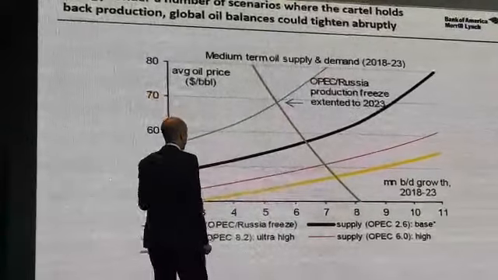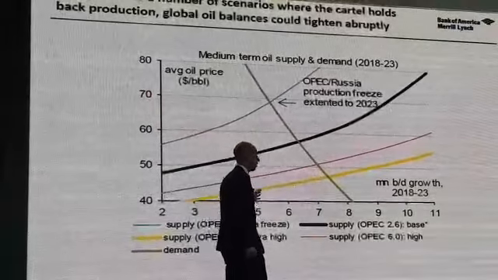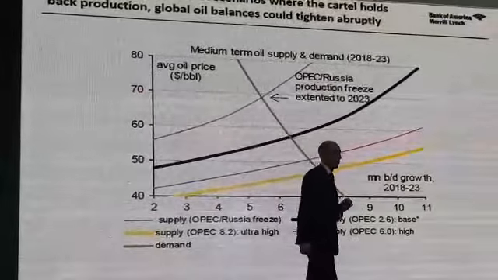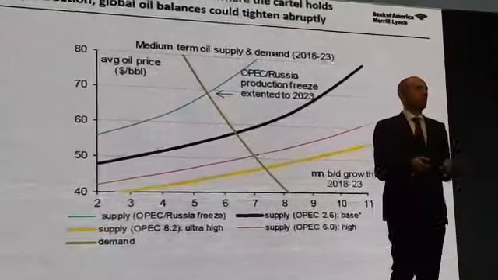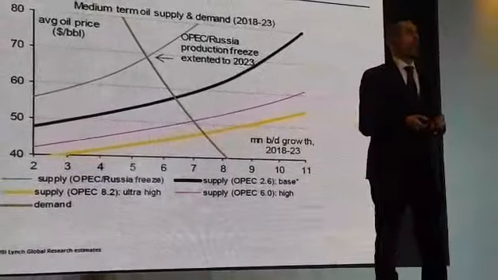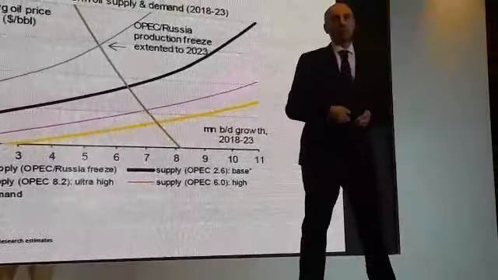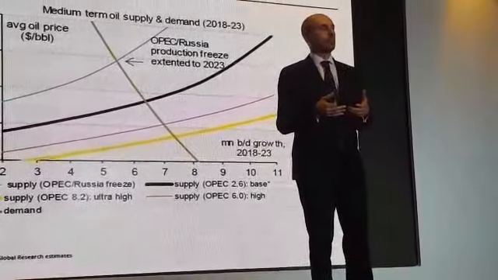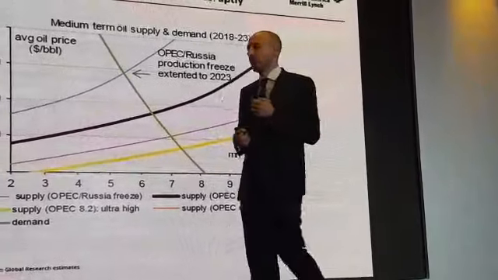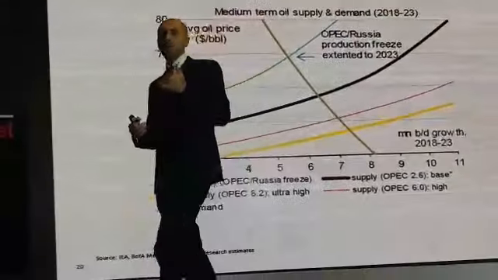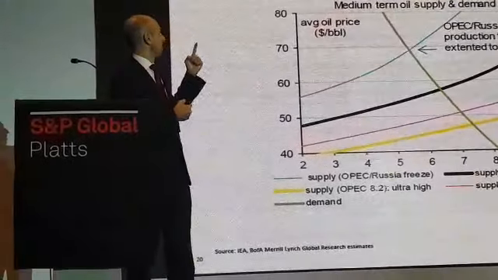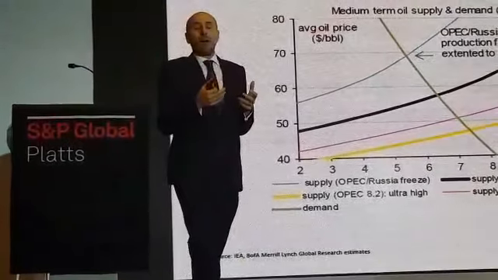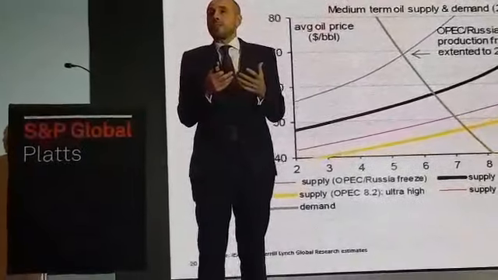We think demand grows by 5 million barrels a day at $80. We think demand grows at 8.5 million barrels a day at 40. So the demand growth rate doubles as prices halve, give or take. So why is this important? Well, it's important because as prices rise, we're going to have a tightening demand environment. Naturally, people will consume less.